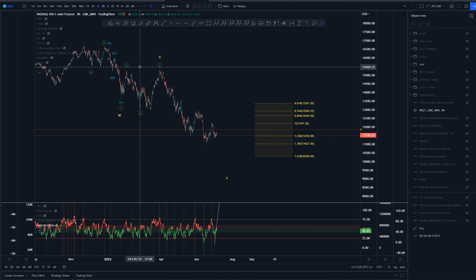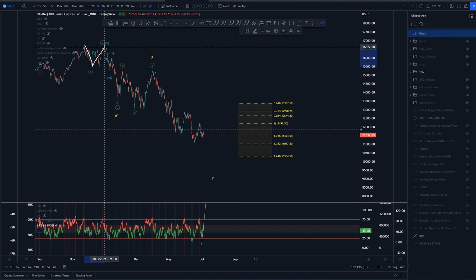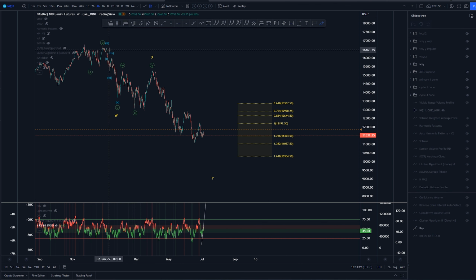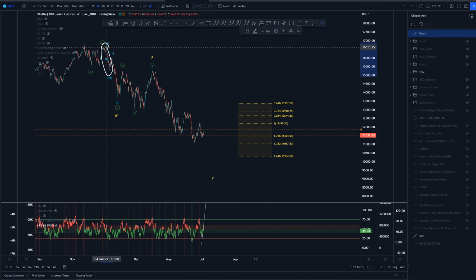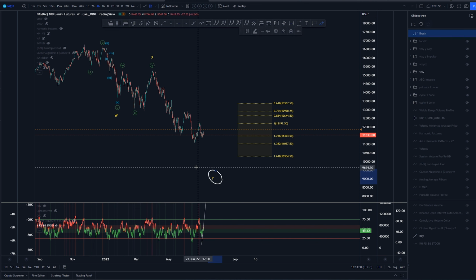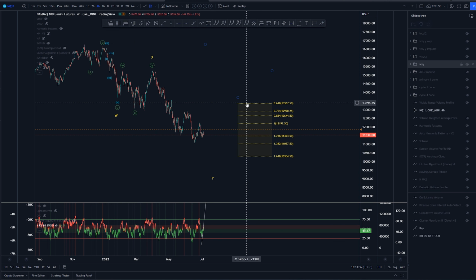The other one that I'm looking at is this, in which we start the wave count from the highs of the 22nd of November, and then we have A, B and C. Again, utilizing this as a 5-wave move. Oh, actually on the previous one I think I had it here. But yeah, ABC here into W, WXY into X, and now we would be looking for this last leg of wave Y. Now if we go well beyond the 1.618 here for this count, that lies around 10.3k,